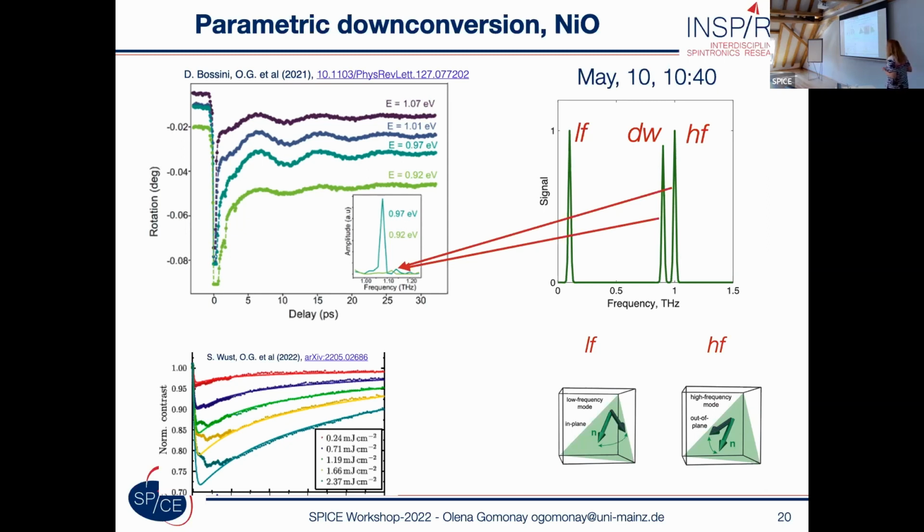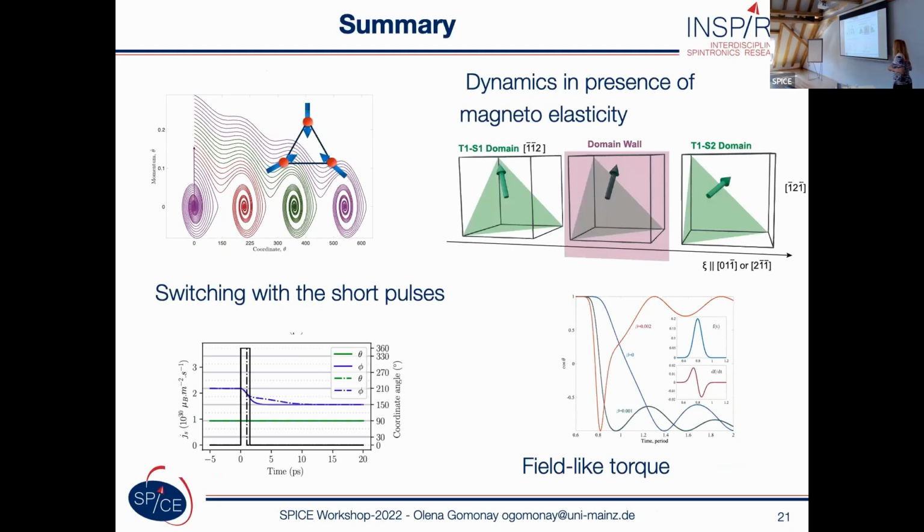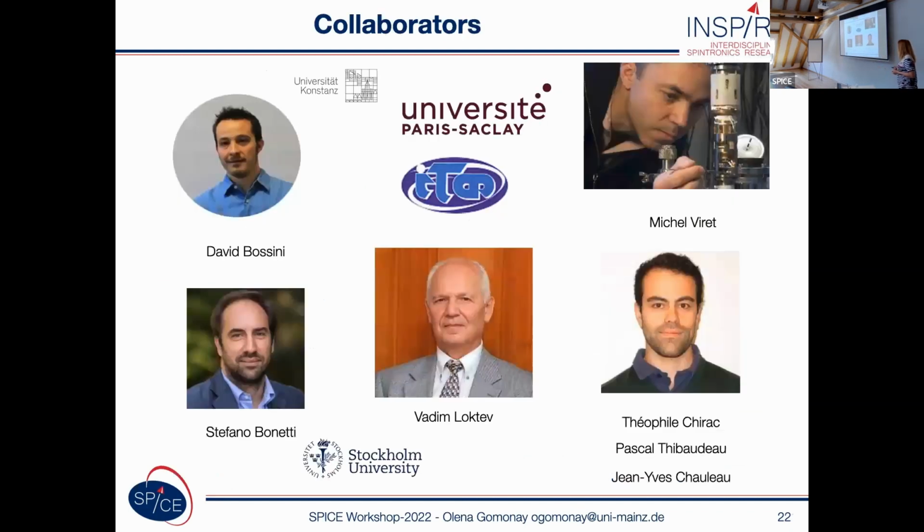With this, I end my talk. So I discussed switching with short pulses in non-collinear and collinear systems, and discussed shortly the dynamics in the presence of magnetoelasticity. And on the last slide, I would like to show my collaborators: Vadim Loktev, with whom I worked for a long time in Ukraine, a very nice collaboration with Michel Viret from France, and of course David Bossini and Stefano Bonetti,